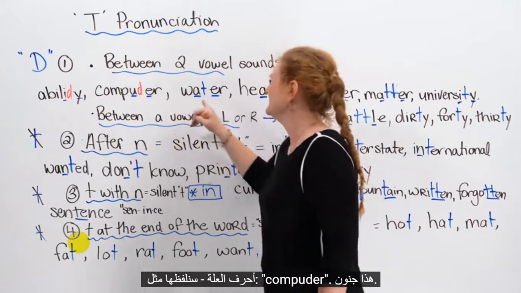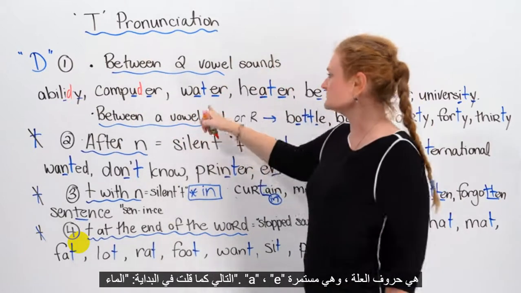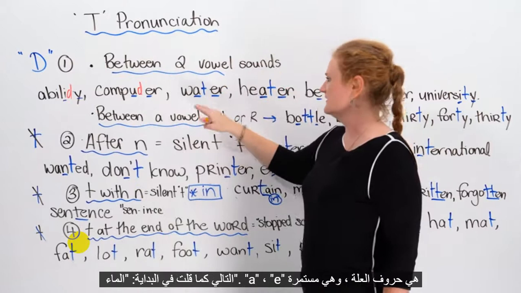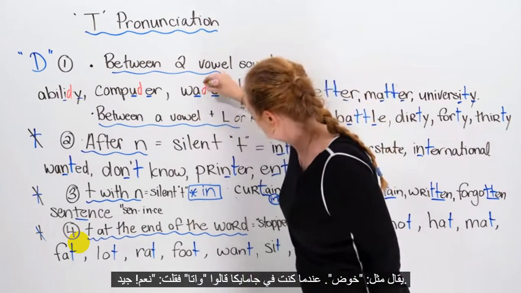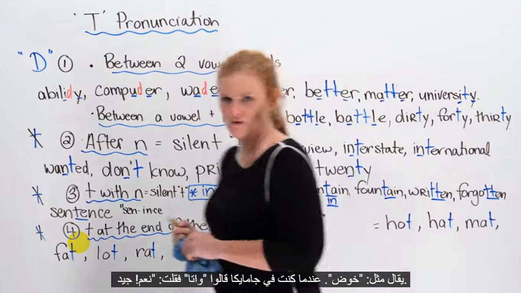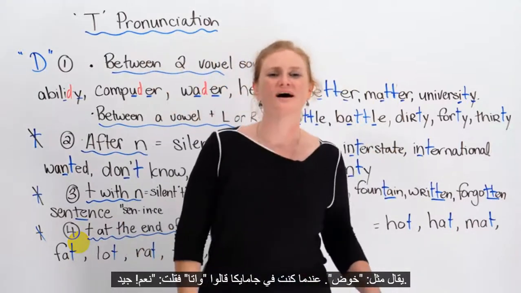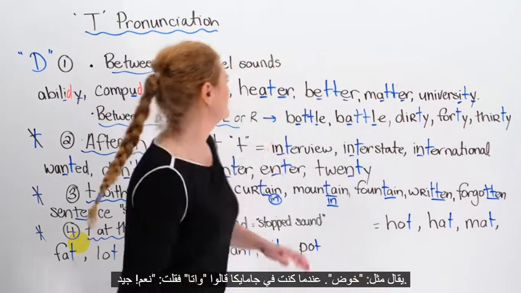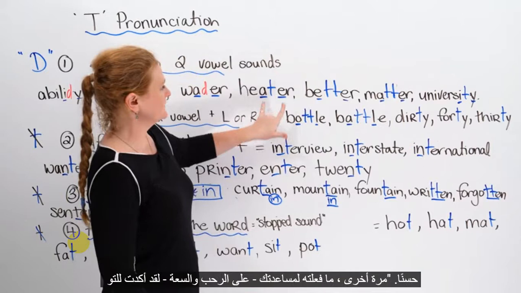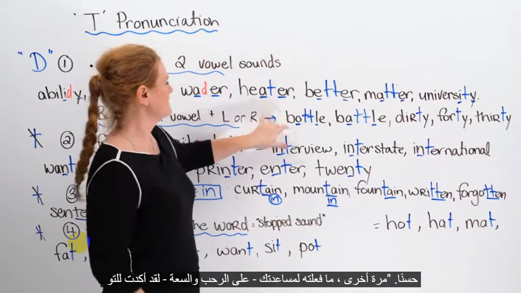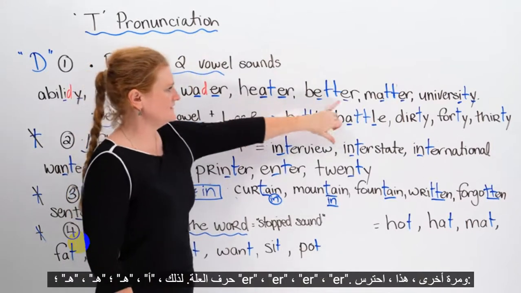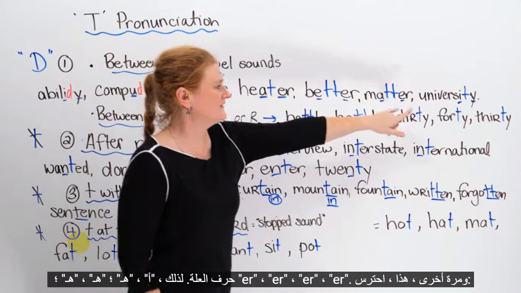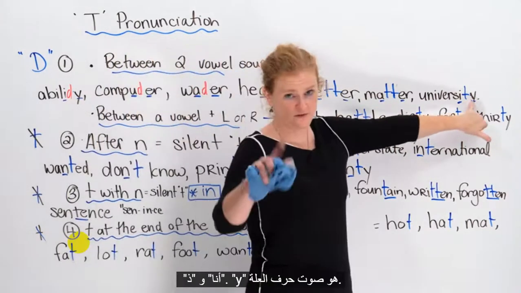This is crazy. The next one, as I said in the beginning, water. A, E are vowels, and it's going to be said like water. When I was in Jamaica, they said water. I was like, yes, good, got it. Again, so what I've done to help you, you're welcome, is I've just underlined the vowels. So A, E, E. And again, this one, watch out, I and Y. Y is a vowel sound.